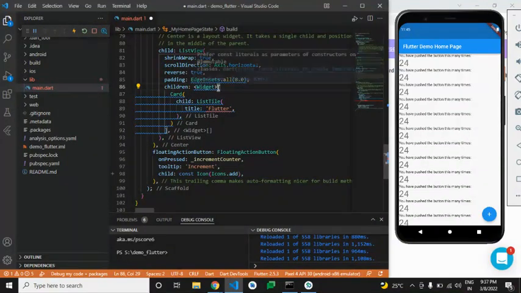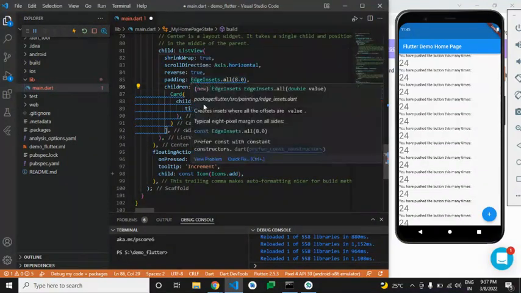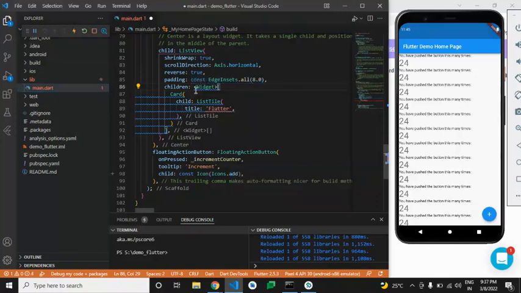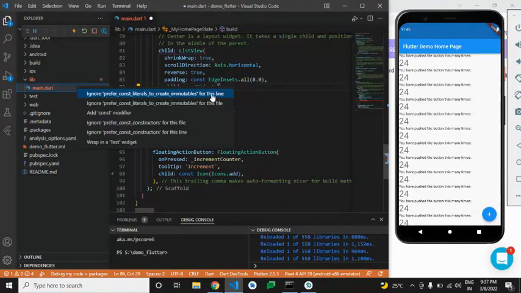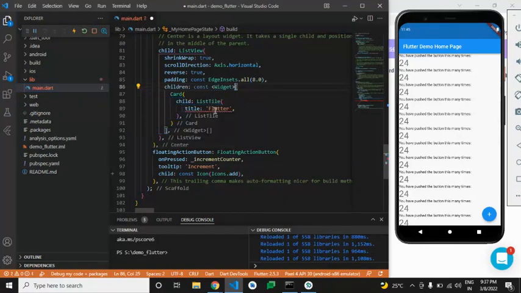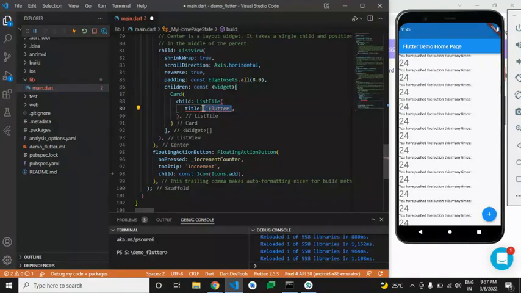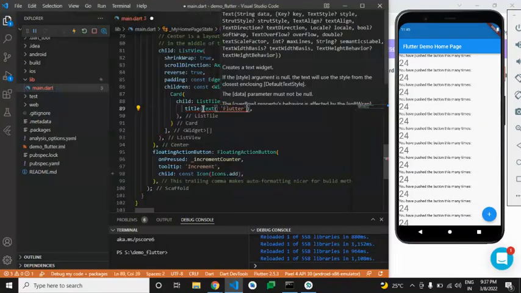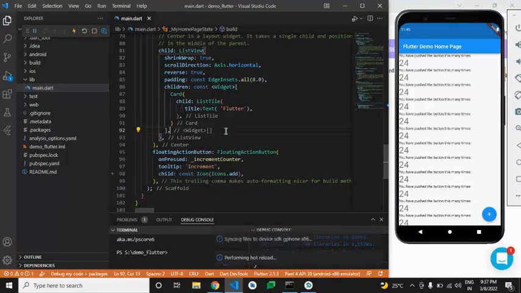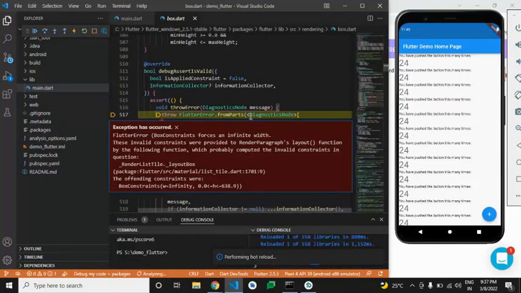There is a const keyword we have to define, and we have added the const modifier. The string, the text widget does not hold. Yeah, that's it. If we hot reload it, you will see